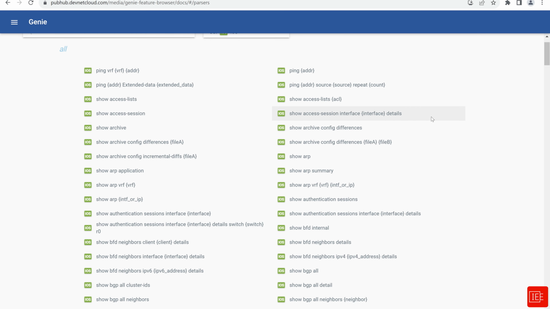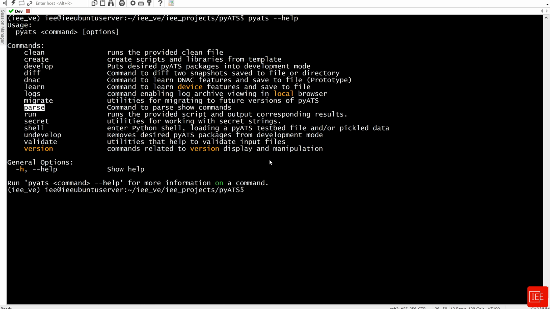And what I can do is go through some of these options or commands and show you how you can utilize them to get the data you want from a Cisco device. So I'll go back to my server and issue the following command. I'm going to say pyATS parse, and then I'm going to pass the command show ip interface